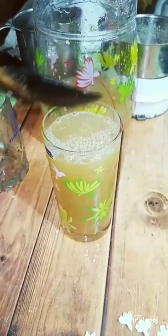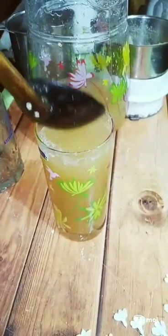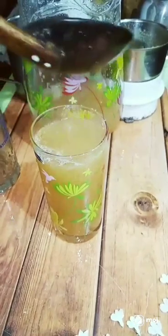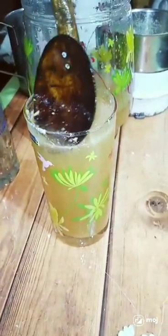It will remove all your respiratory problems and remove all the cough which is trapped in your lungs. And this drink will relieve constipation, cure cold,